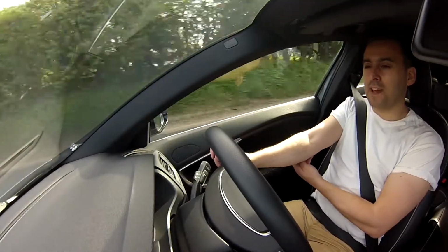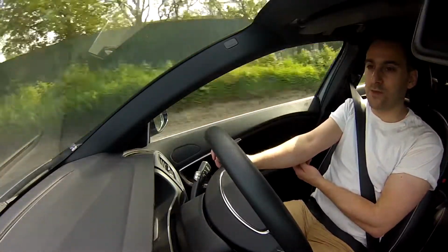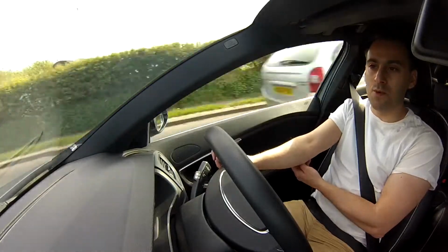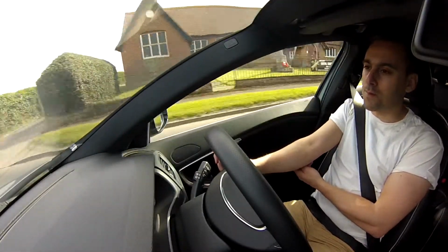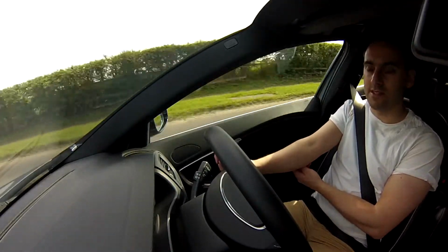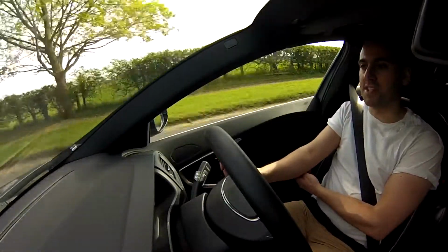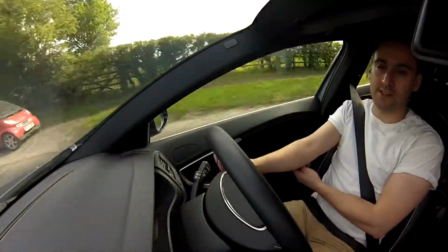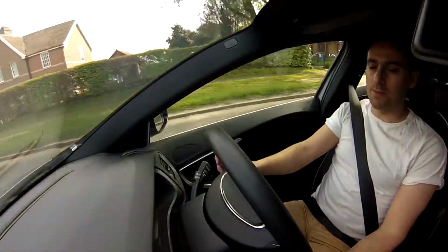To spec up probably the Golf to be comparable to this, you would have to spend considerably more money. If you spec'd up a Golf to be similar to this, you'd probably be knocking on somewhere around 33,000. They do start at around late 26s for a GTD, about £27,000 or thereabouts. But as soon as you spec them up to have a bit of